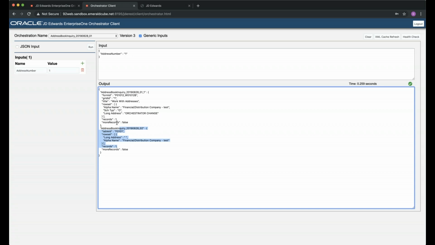But that's just a really quick flyby of how you can define those and utilize those screens. Of course, this is just an inquiry. You can do changes. You can do updates. Everything is possible that you're actually utilizing via your web instance. Anything that your users are actually doing, they can do in the Orchestrator Studio as well. It's totally open in that respect. You can do the same thing in both cases.